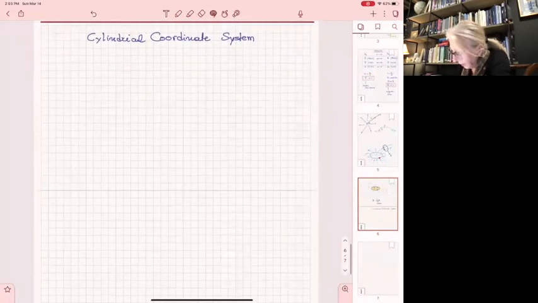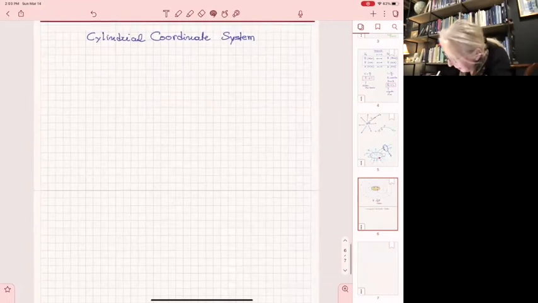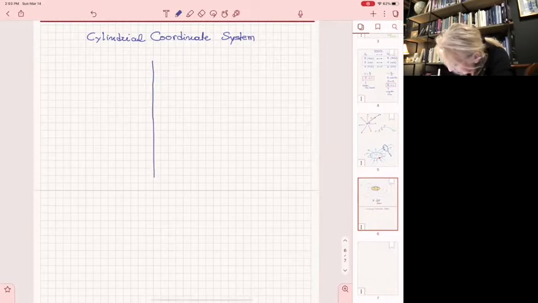A cylindrical coordinate system has three components: Z, which is always along the axis of the cylinder,